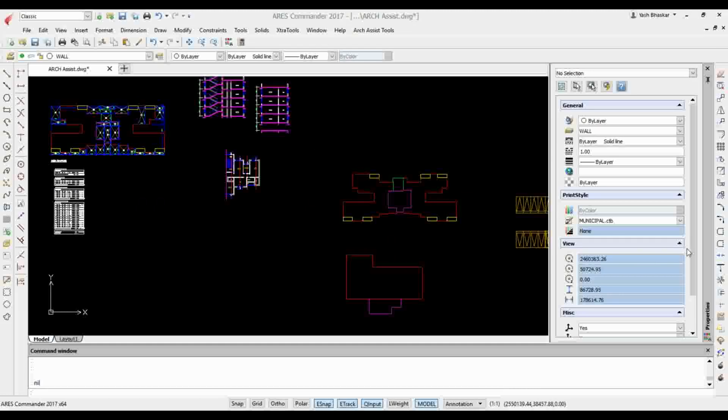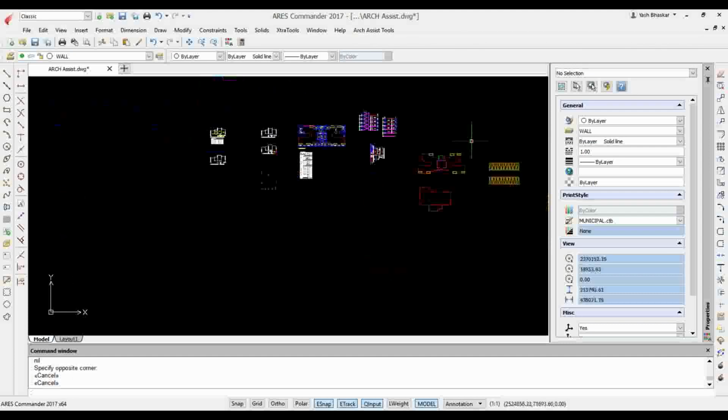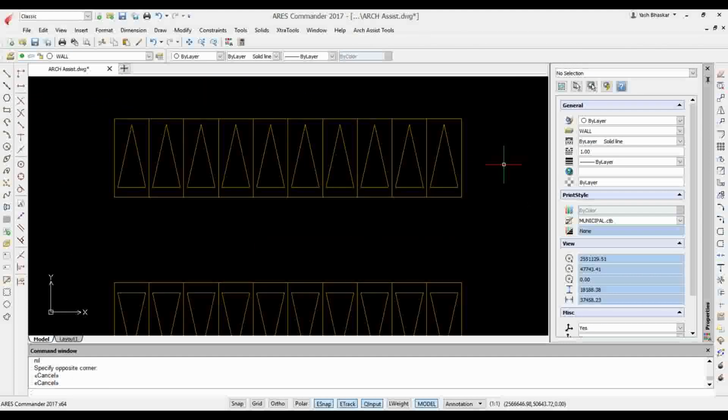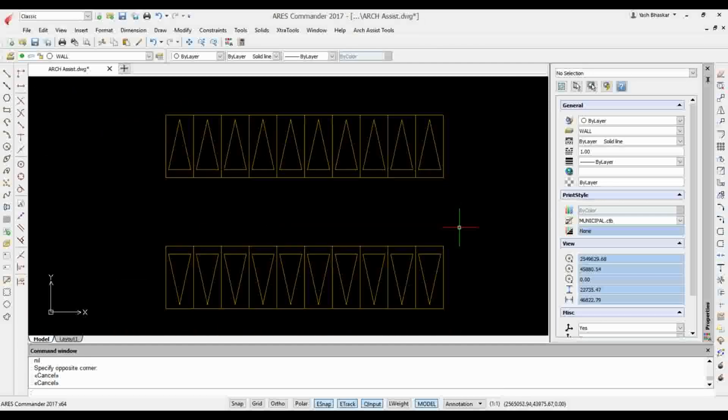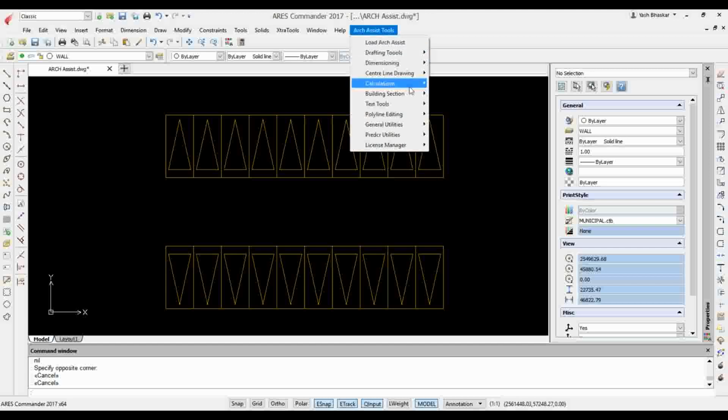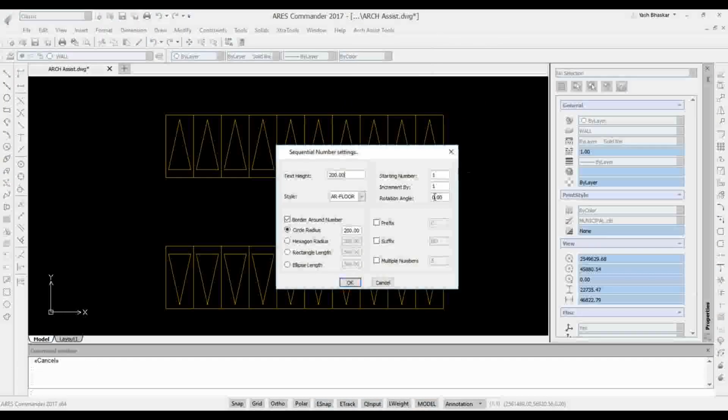So moving on to the few other fantastic options which we have in Arc Assist is, so let me give you an example. So here you can see I have a symbol representing the parking area. So what happens, many times I have to do some kind of numberings and other things. So we have some text tools as well, which is like sequential numbers. So if I have to do a kind of numbering which is sequential and I just want to have it